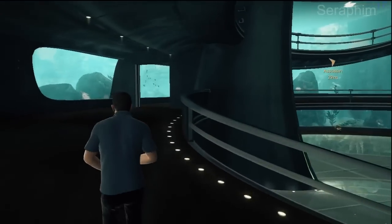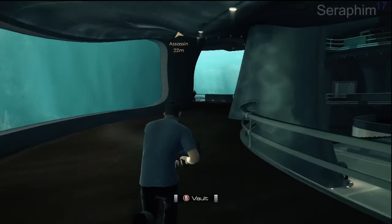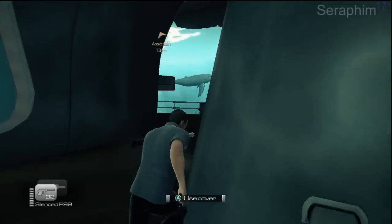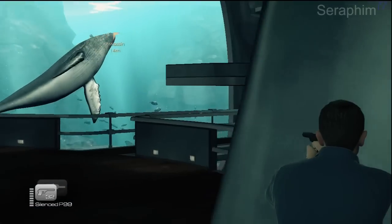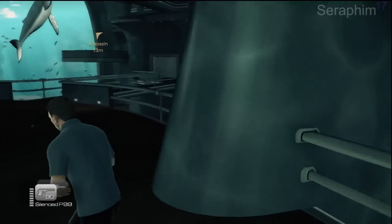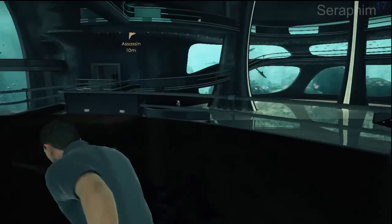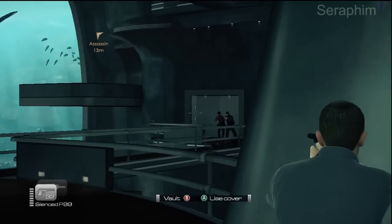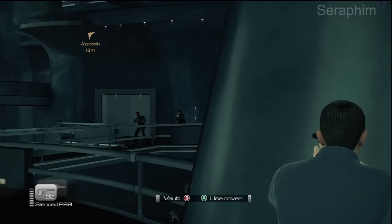And all you have to do now is make your way around these balconies. The best thing to do is, as I've mentioned, use your cover trick, shoot the dudes, keep eking your way around, and every time you get to a next section, a door's going to open up and enemies are going to spawn. It's going to do this all the way up until you get to the top floor, so just follow what I do, follow all your third-person shooting knowledge, and I'm going to talk some more about Total Recall,